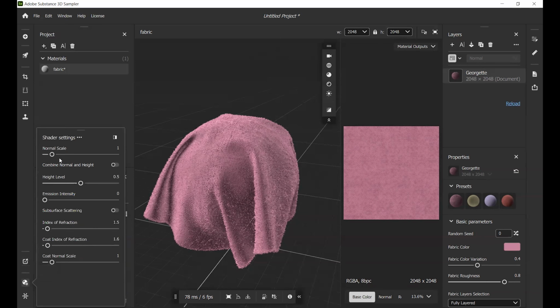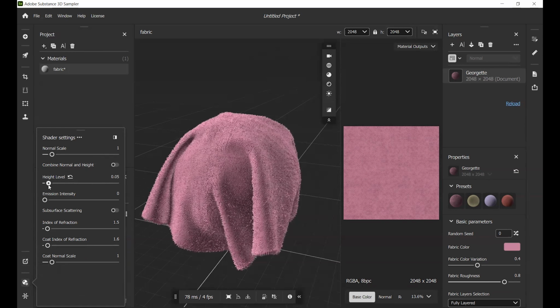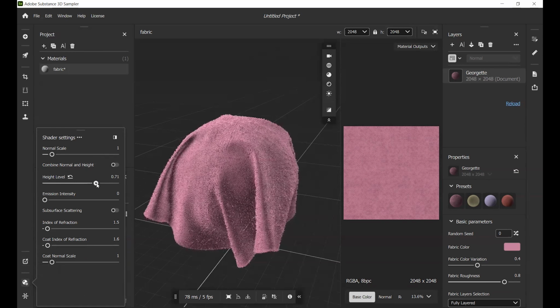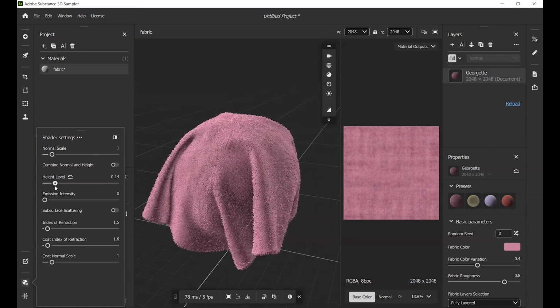In shader setting, you can reduce the height level, and you can see it's lesser, it's more prominent height. We can increase the normal scale. You can see our maps here, like the normal map, and then you can toggle it from here.